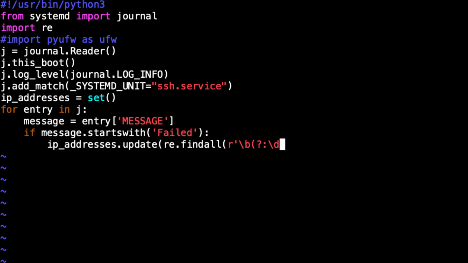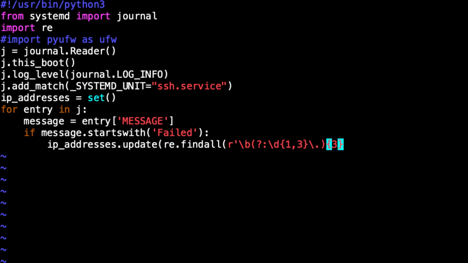We can then go through and do our \d for a digit. And when we think about an IP address, we have 1 to 3 digits. It could be 1.2 or it could be 12.2, etc. Followed by a dot. But a dot is a special metacharacter in a regular expression. So we have to then use \. so we take away the special regular expression meaning. We close off our group. We want 3 of these groups. So again, I can use the quantifier against the group. Quantifier just saying how many of them, and we want 3 blocks of this pattern.